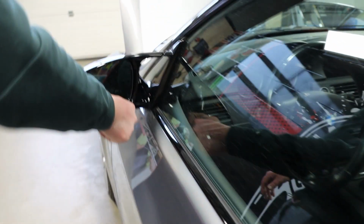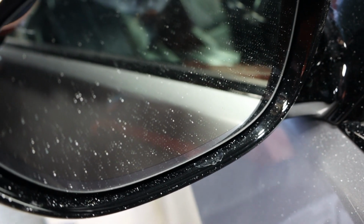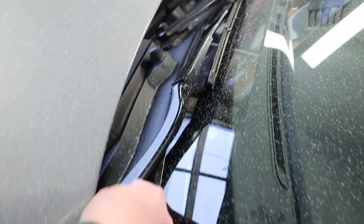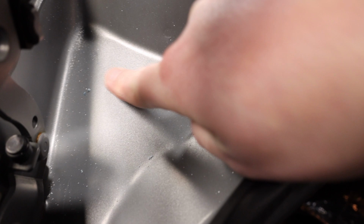But here we see it's coming already to deeper edges. And polishing dust tends to splatter probably everywhere where you don't want it. On the wipers, here between the panel gaps. You see it here also on the sides of the bonnet. And also on sides that you probably don't even think of so easily. You see it here. All on these hard to reach areas, also here